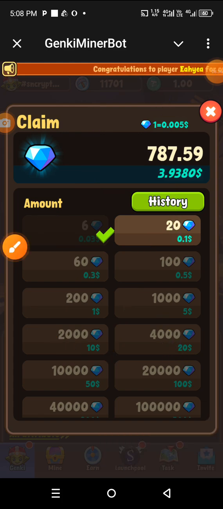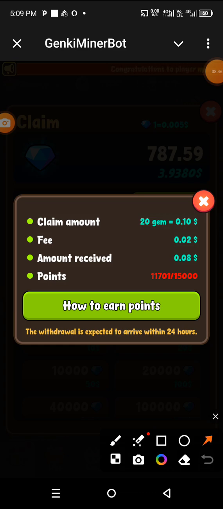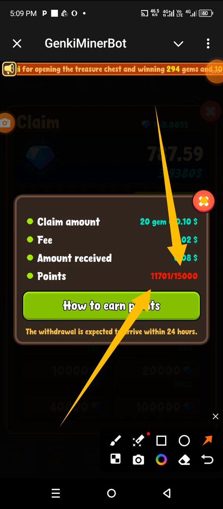Okay, so right now I've withdrawn this first one, which is 0.03. So for me to withdraw the second one, I'll just click on it right now. As you can see, I need like 15,000 of their coins, whereas I presently have 11,701. Okay, that's what I have currently. So I still have to farm to reach 15,000, then I'll be able to withdraw this